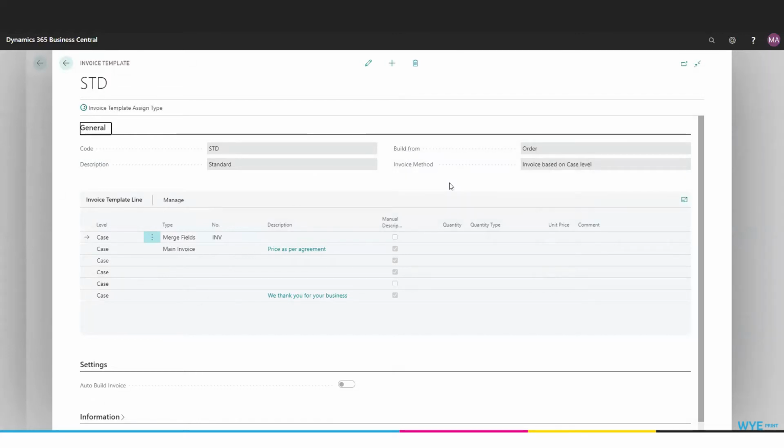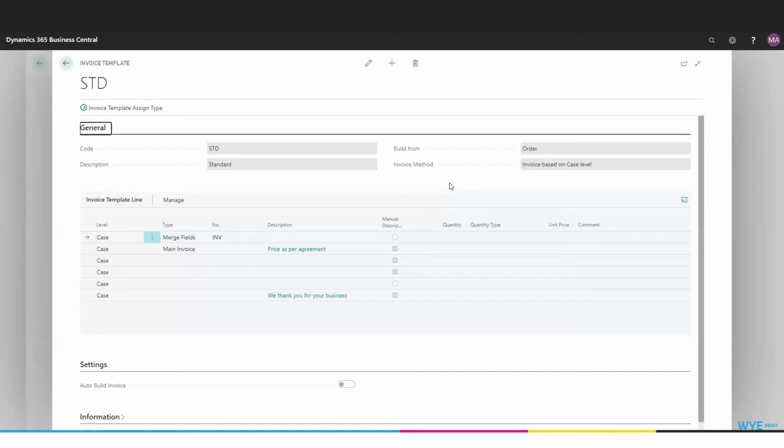The important thing to remember is that if you build it from the quote or the order and you make any changes to those active lines prior to the job being invoiced, it will affect the invoice amount. So if you create a quote and send it to your customer and they approve it, once it's been approved and it comes back as a job, if your build from is set to an order and you make any changes to that order line, then the dollar amount that is invoiced could change from the amount that was quoted. In that case, we recommend creating a production order to make the changes to, which we'll talk